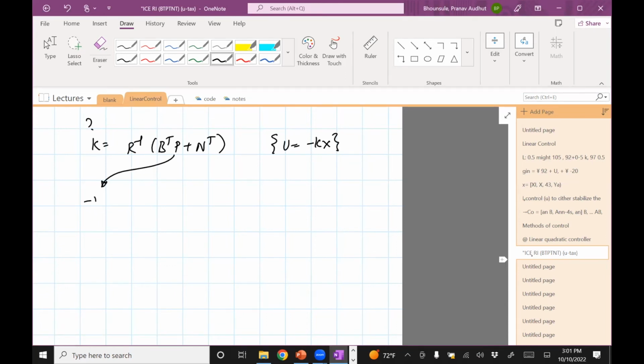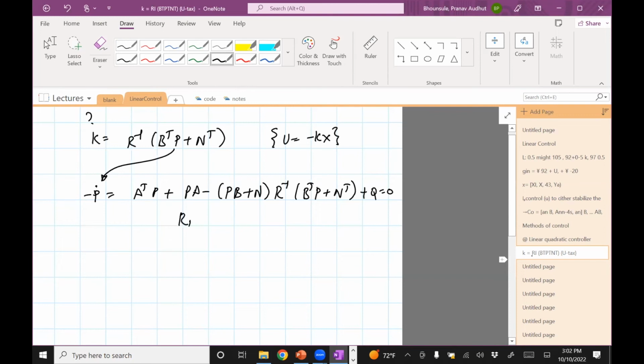in order to solve for P, you need to solve this equation. This is where it gets really complicated. A transpose P plus PA minus (PB plus N) R inverse (B transpose P plus N transpose) plus Q equals 0. Okay, so this equation is kind of famous in control worlds, called the Riccati differential